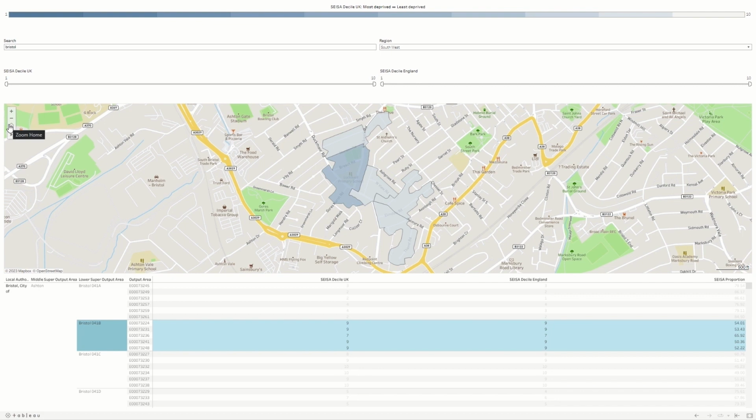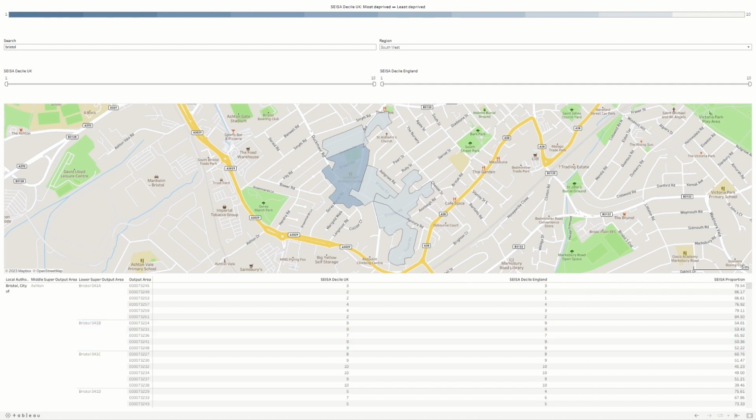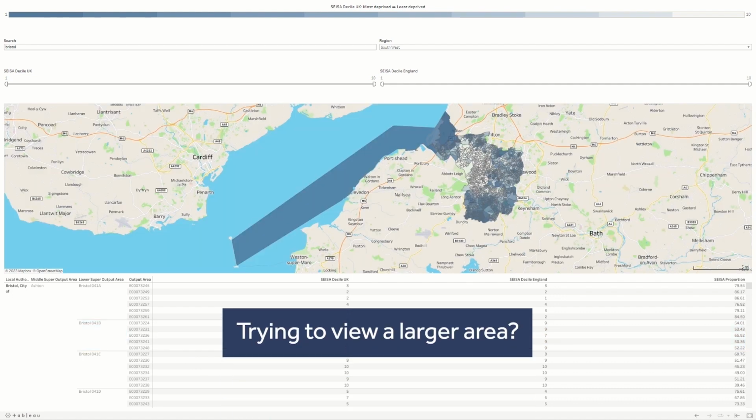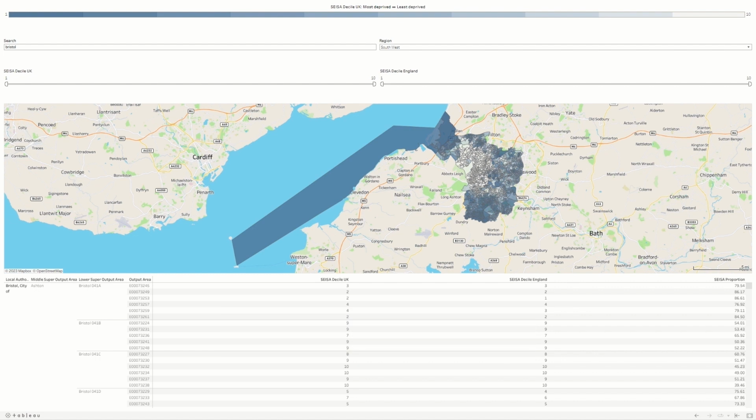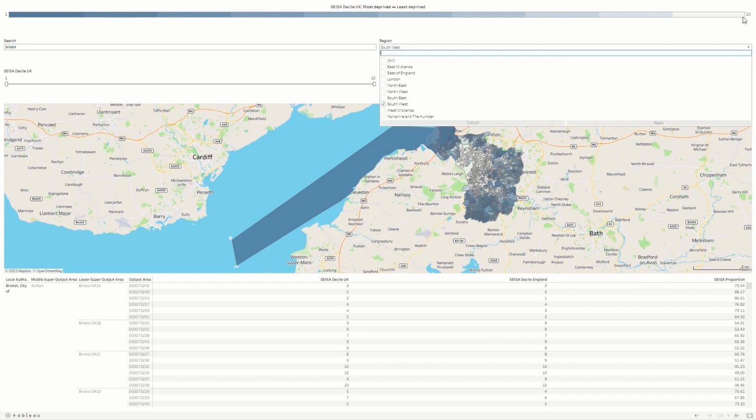This issue tends to appear when you've used one of the map tools, such as the Pan tool, to explore the map without resetting the maps with the Zoom Home button after. The tools and filters that can be used with the maps only allow you to restrict the view of the maps. That being, you can only shrink the number of output areas you are viewing. You cannot increase them. If you wish to view a larger area, please utilise the Region drop-down to firstly select additional areas. You can then use the tools to restrict this larger area.